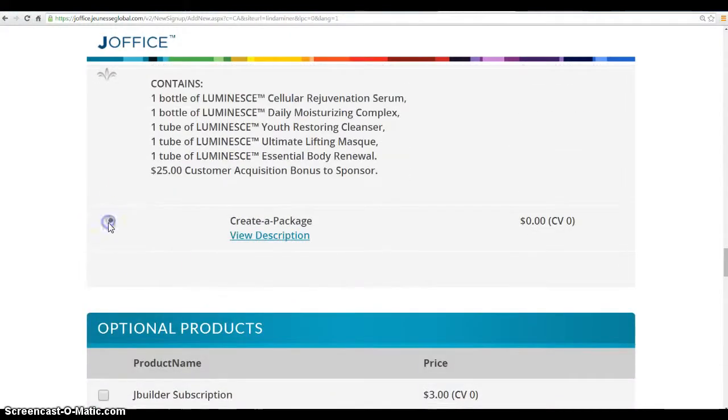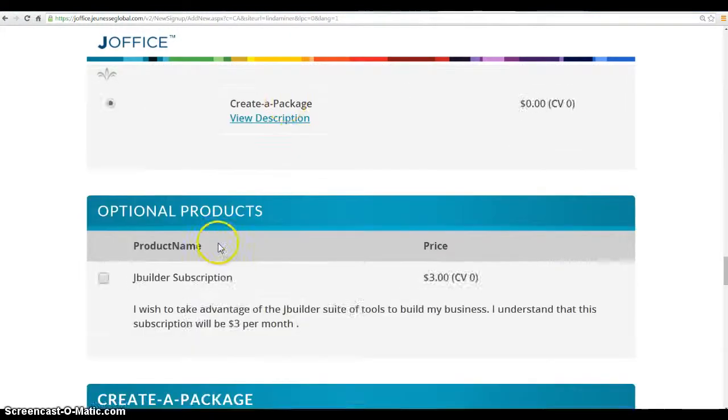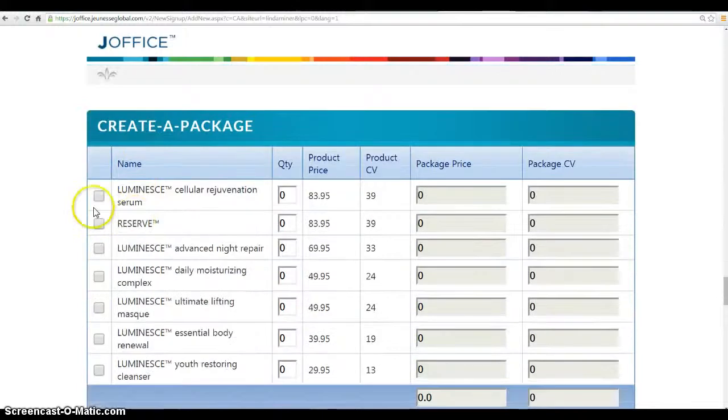And if none of those make you happy, then you can click on the Create a Pack and come down here and choose the products you want yourself. Let's say you just want 3 bottles of serum. That's fine. What you want to do, however, is make sure that you're getting more than 100 points in your